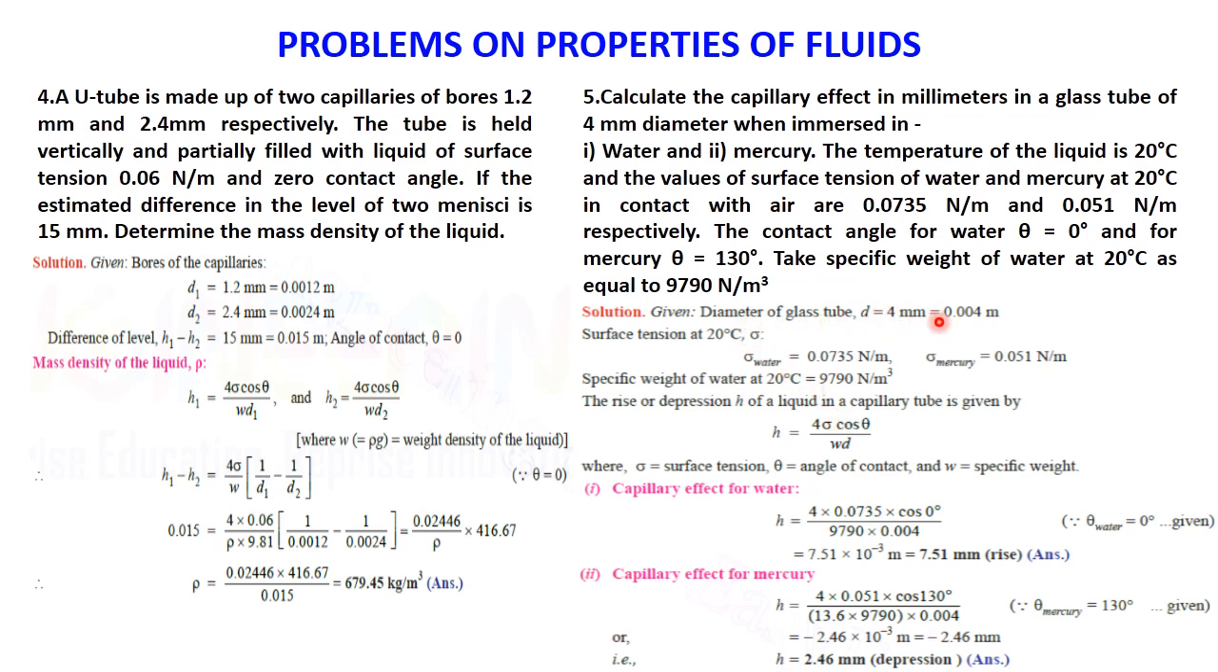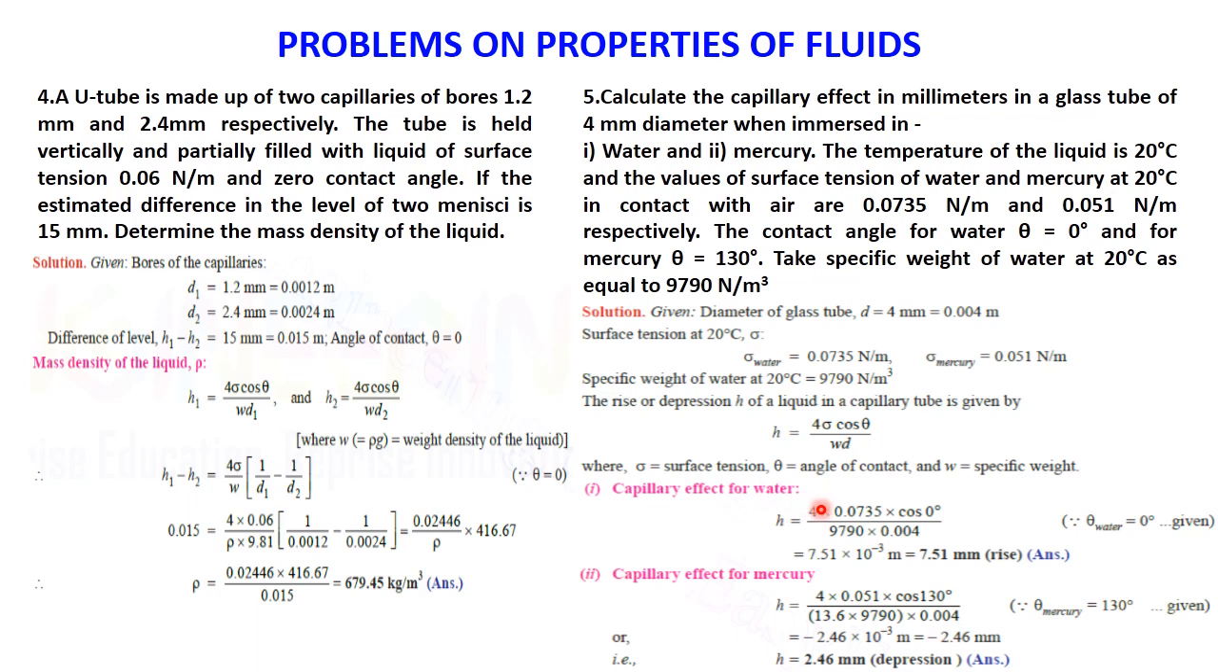Diameter of glass tube D equal to 4 mm, so 0.004 meters. Surface tension at 20 degrees Celsius, sigma water, this is the value. Sigma mercury is this value there. Then specific weight of water at 20 degrees Celsius is directly given to us as 9790 Newton per meter cube. The rise and depression H of the liquid in a capillary tube is H equal to 4 sigma cos theta